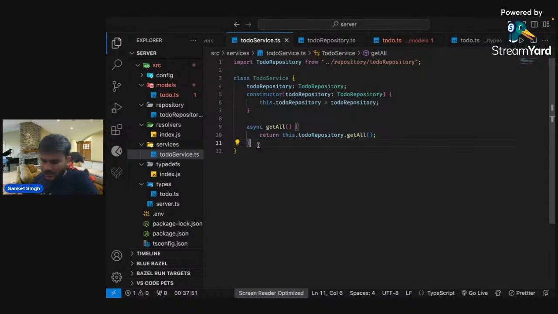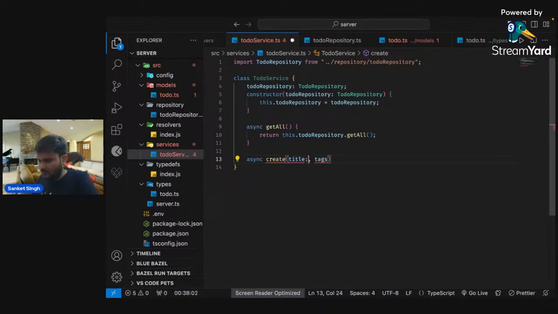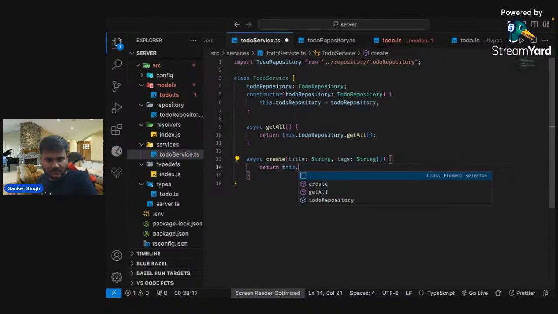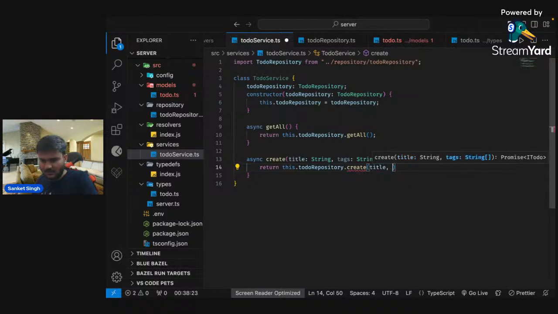Okay. And async create, we'll get a title and we'll get tags. Title is of type string. Tags is of type string array. And we'll say return this.repository.create. I'll pass the title and I'll pass the tags. You can see this is good, and we'll say export default